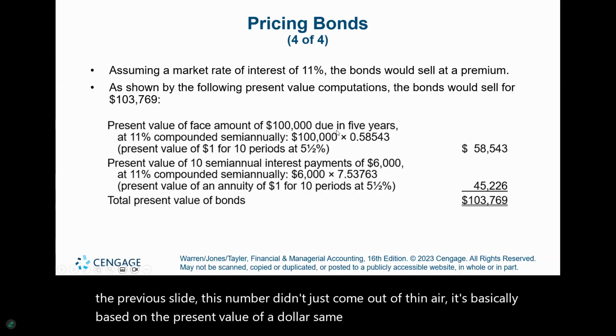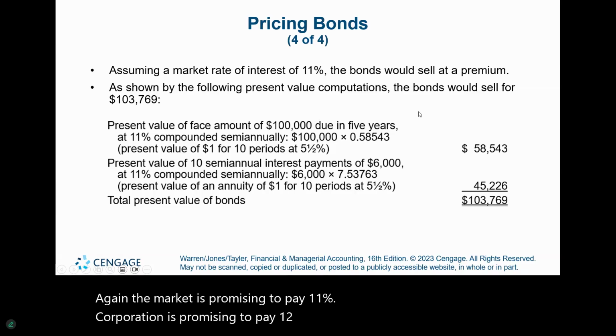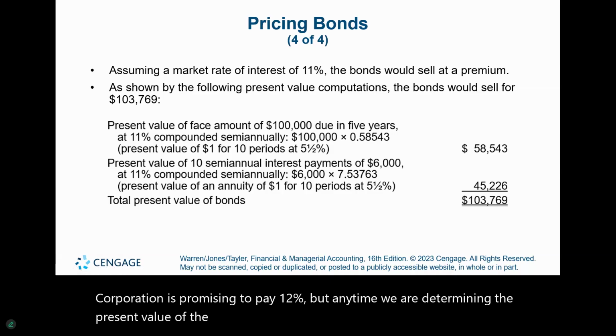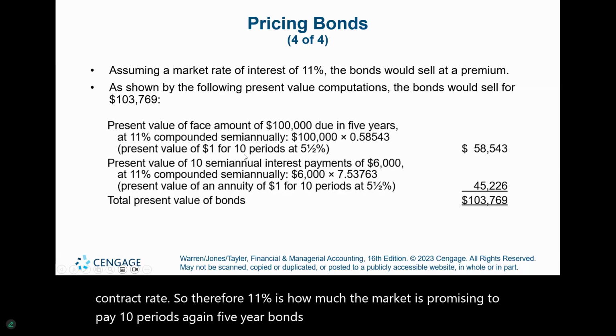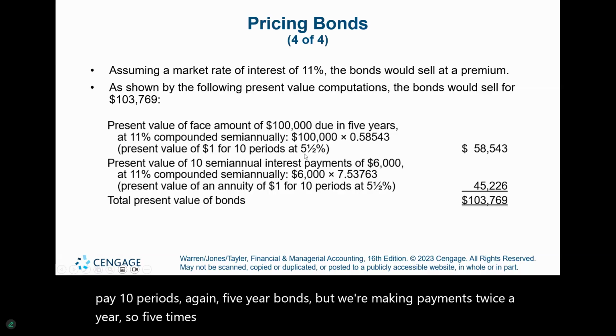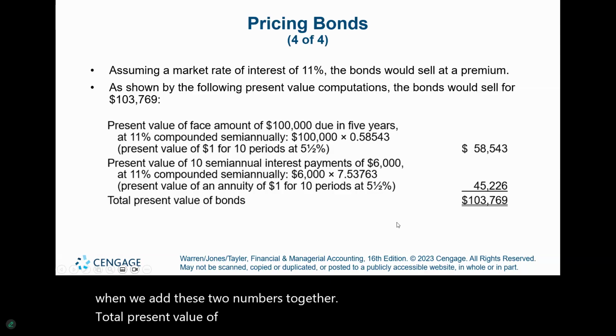Same thing with the premium. Again, the market is promising to pay 11% and the corporation is promising to pay 12%. But anytime we are determining the present value of the bonds, we always use the market rate, not the contract rate. So therefore, 11% is how much the market is promising to pay. 10 periods, again, 5-year bonds, but we're making payments twice a year. So 5 times 2 is 10. And 1/2 of the market rate, 11%, which is 5.5. So therefore, when we add these two numbers together, the total present value of the bonds being sold at the premium is